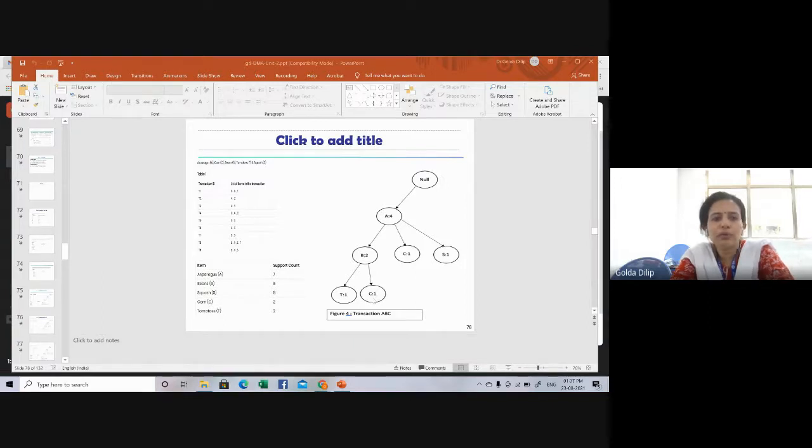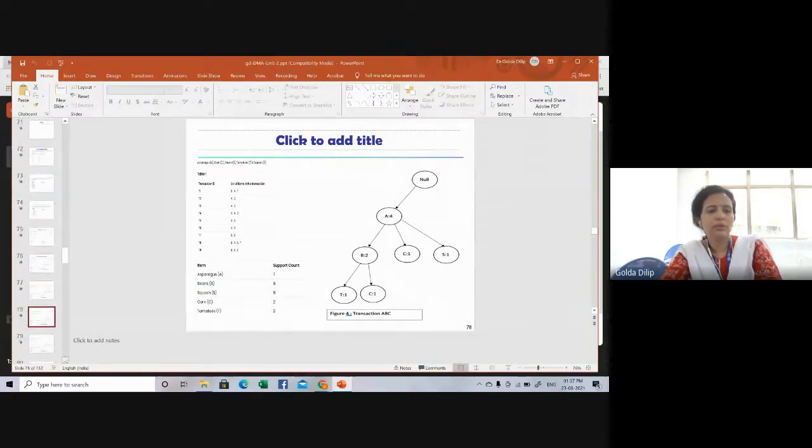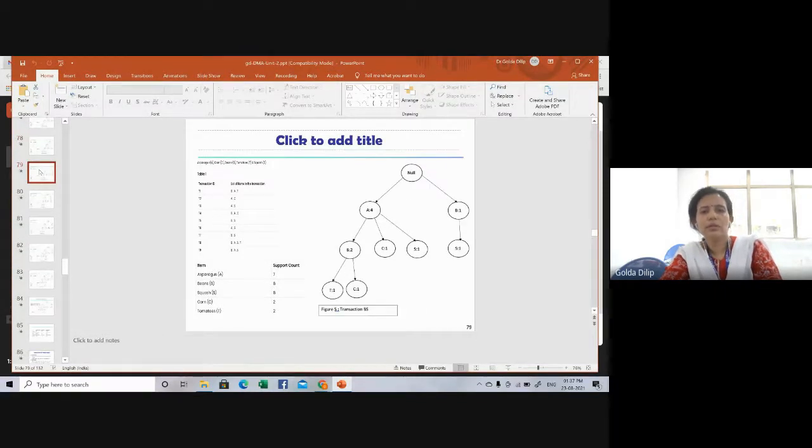Okay, so next moving on to transaction 5. Transaction 5 is BS. So you create it accordingly. From root, you don't have